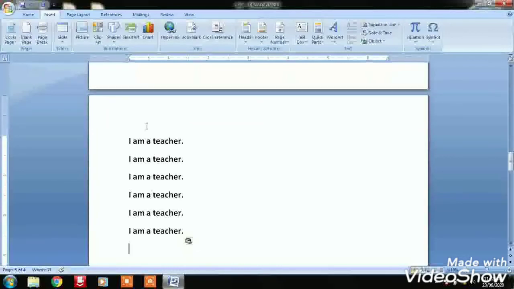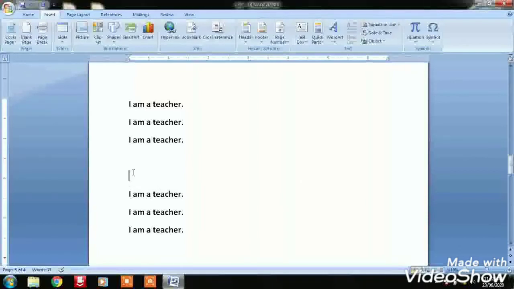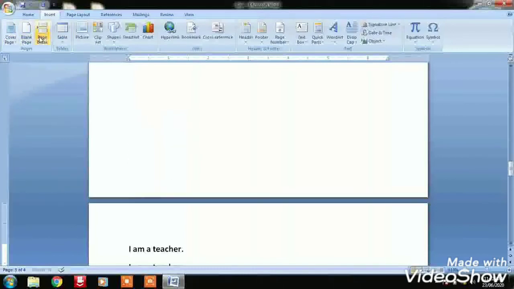Like this I have copied, but now I found that I only need to write 3 lines in this page. I don't want a hodgepodge in one particular page. I want only this much to come in the first page and the second part I want in another page. So one option is putting enter, but it is very difficult, putting enter 10 times to bring the next page. So here my cursor is there. What I want is a new page from here. So I will click the cursor here and I will click on page break.